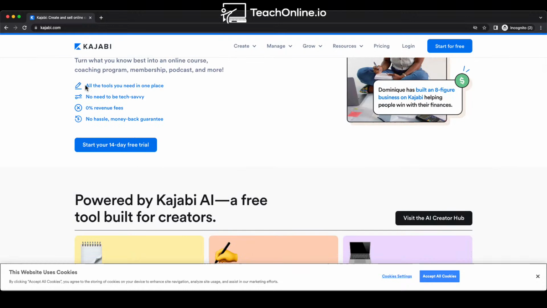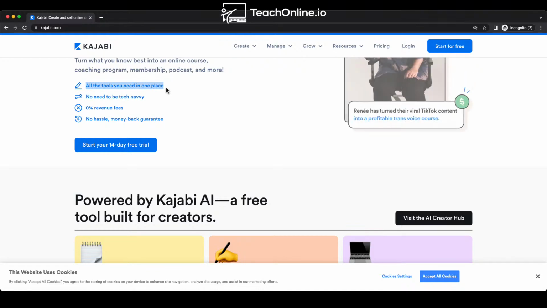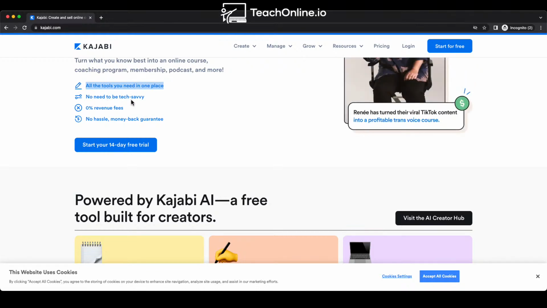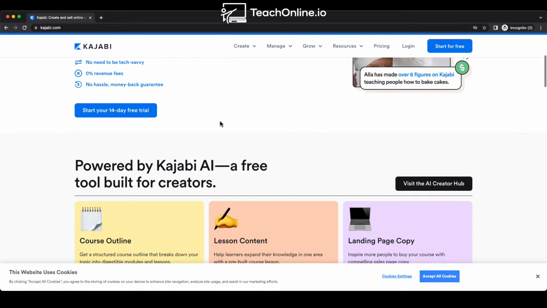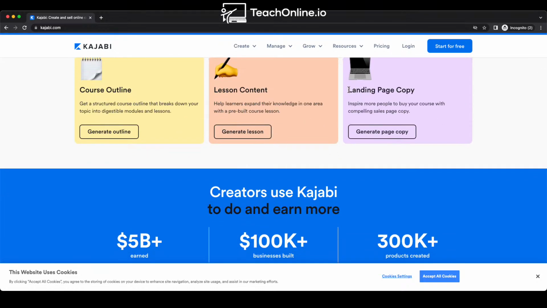The big thing here is that all the tools you need are in one place. They're doing it all in the one platform, and they've removed the tech-savvy stuff. You can do a trial that's available for you. And here's the one that's interesting if you're selling courses: this platform allows you to do landing page copy.